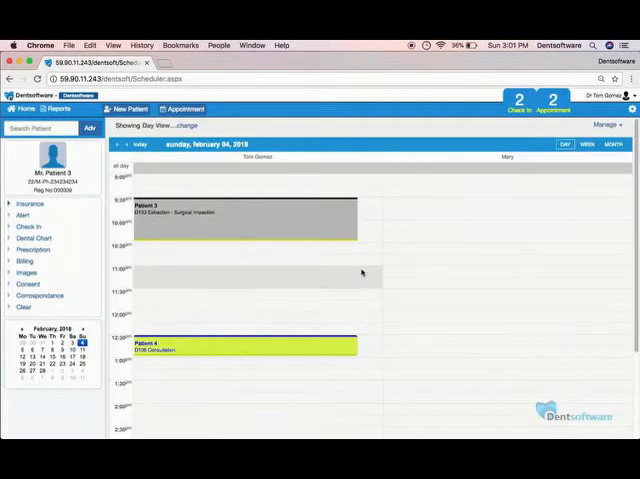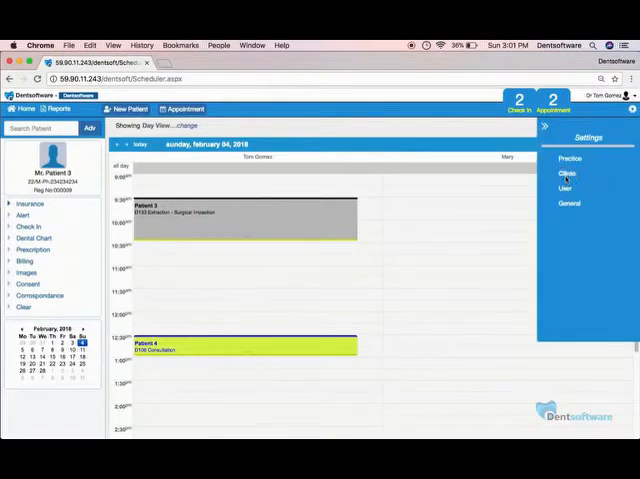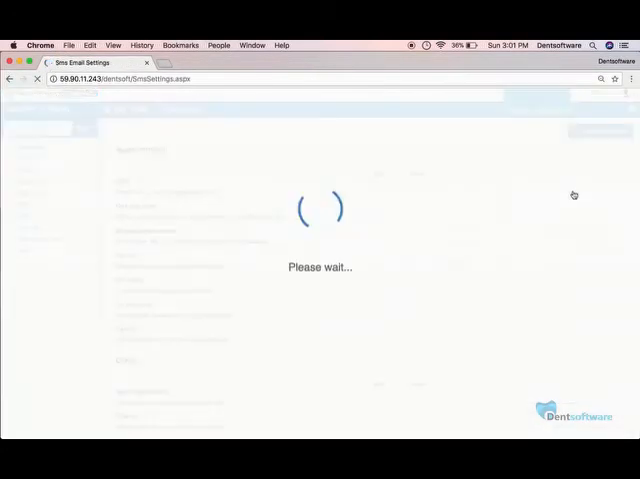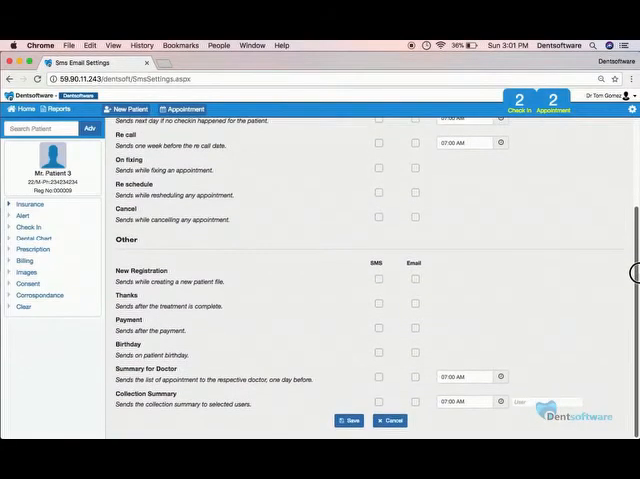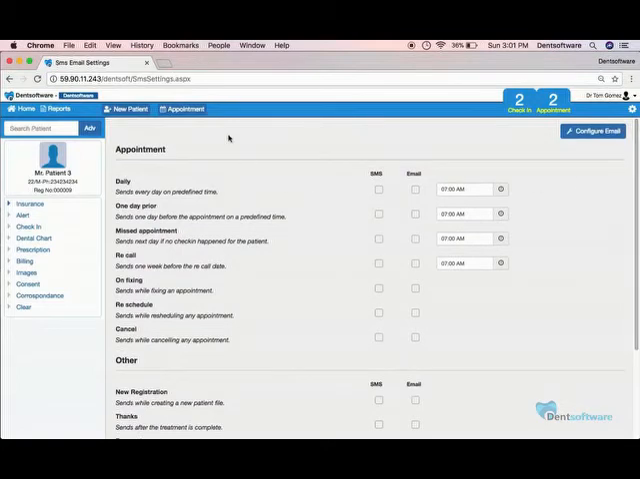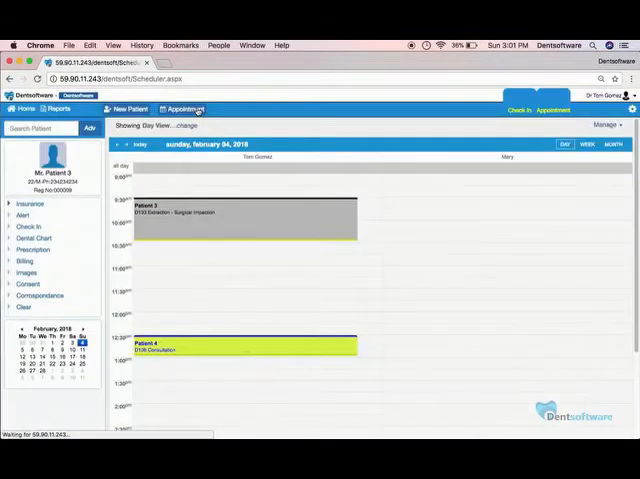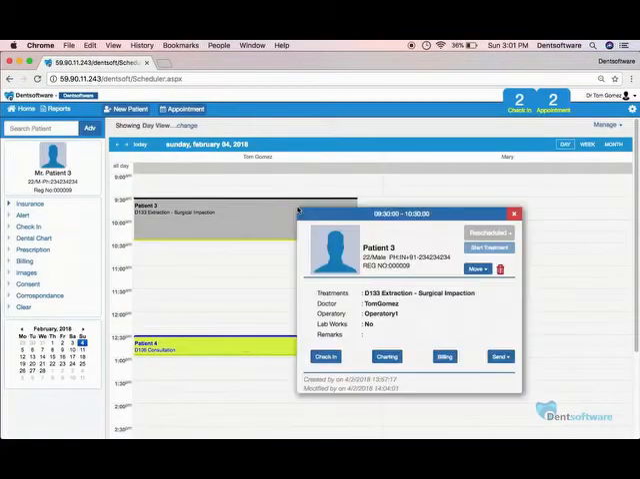Dent software has a reminder mechanism through SMS, email, and manual call. The SMS and emails can be configured in Settings, Clinic, SMS and Emails. You may choose the type of SMS or email that you want. If you follow the manual reminder, you may right-click on the appointment and call the patient using the given phone